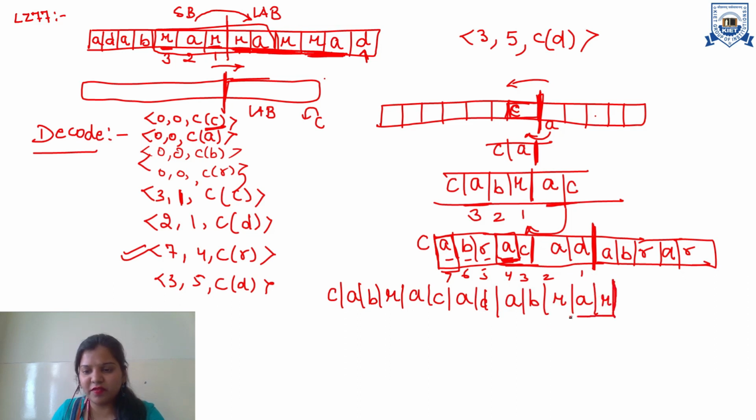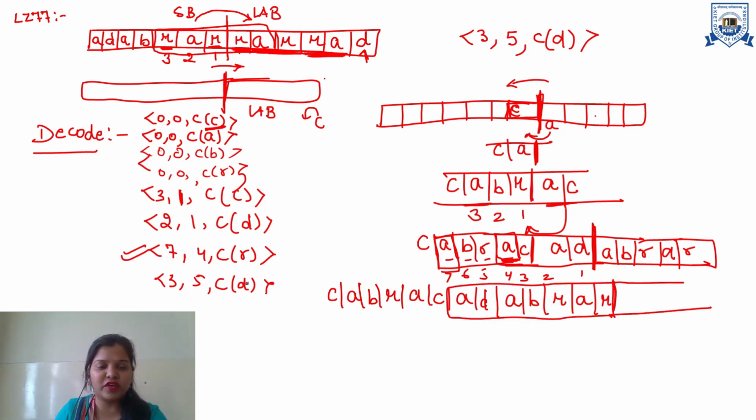Take the 7 alphabets 3 4 5 6 7. So this is my search buffer. Now move towards the look ahead buffer. Next is from index number 3 I have a match. From index number 3 length is 5, so first write R, next is A.